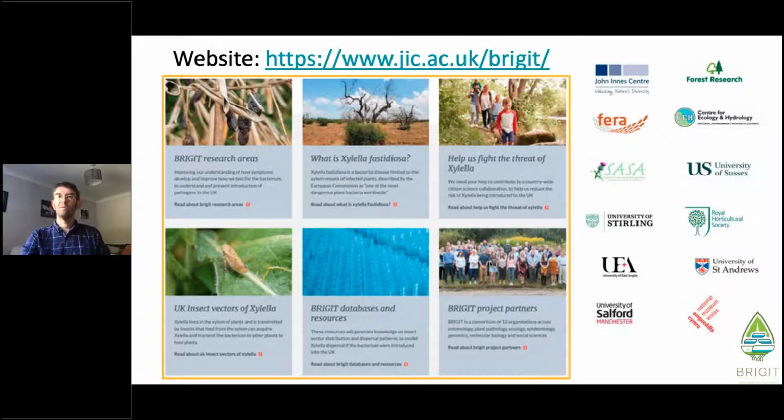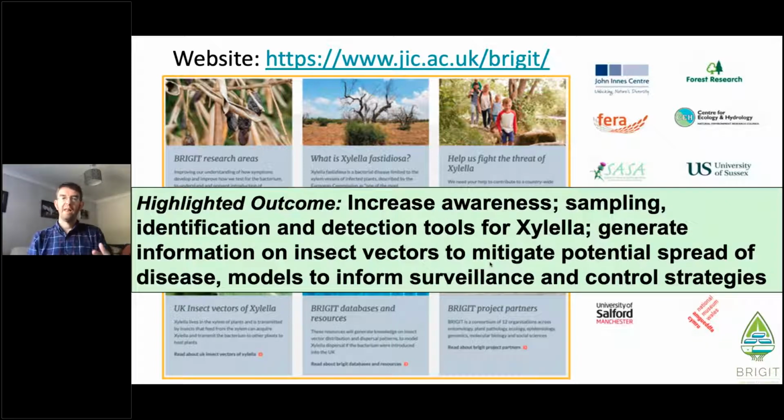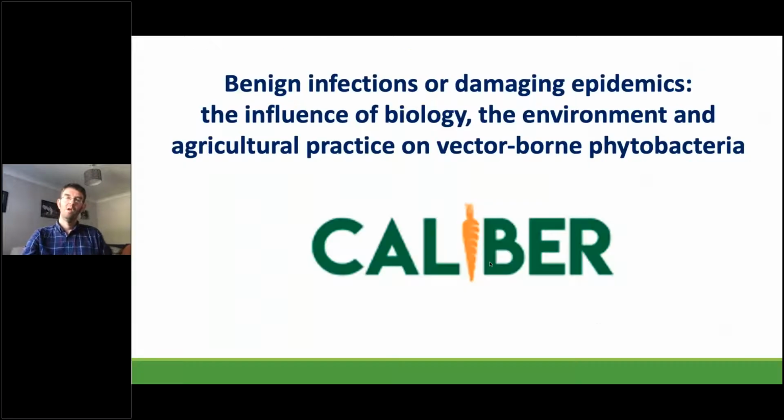Okay, so that was the phase 1 project. The highlighted outcomes that we'd like to see from this are to increase awareness, the identification and detection tools for Xylella, generate information about insect vectors, and then ultimately develop models to inform surveillance and then control strategies. Okay, so for the 8 phase 2 projects, the first one I'd like to discuss, in no particular order,